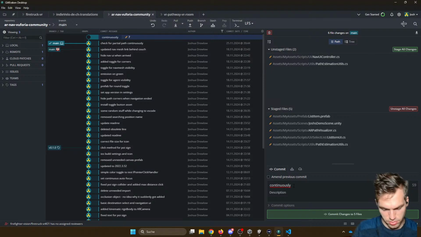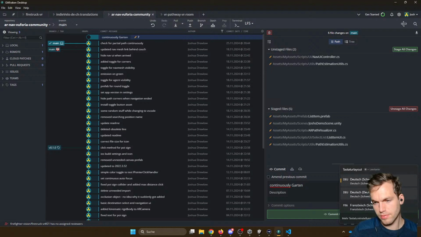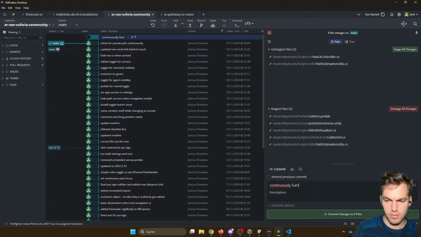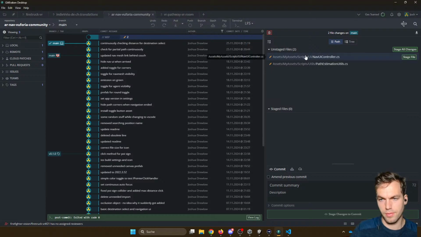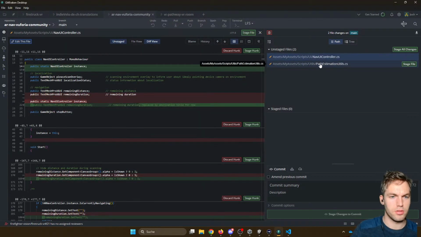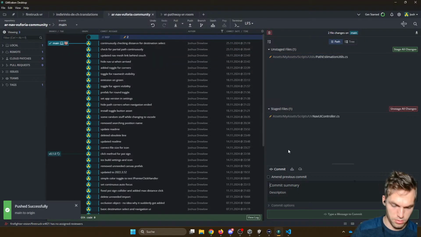Is checking for German words. Button. Probably because I'm German here. Checking distance for. Okay, then actually what I wanted to do is here I'm going to have